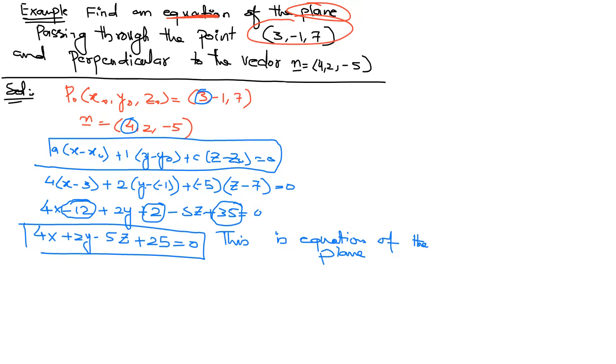Okay, so this is about the equation of the plane, and I think the next topic is a little lengthy: how we can find that two given equations of planes are parallel to each other, and when 3 points are given, how we can find the equation of the plane, and if the parametric equations are given along with the equation of a plane, how we can find that they are parallel to each other. So these are little lengthy topics, so we'll discuss them in the next